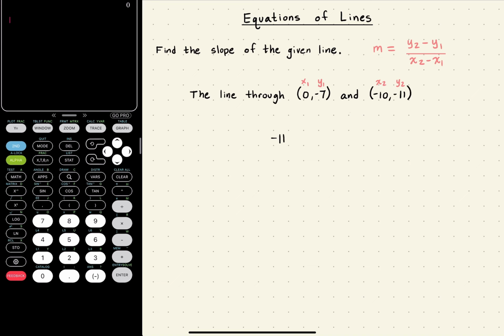And then it says we need to do minus y1. So we're going to minus y1, which is negative 7 here, divided by